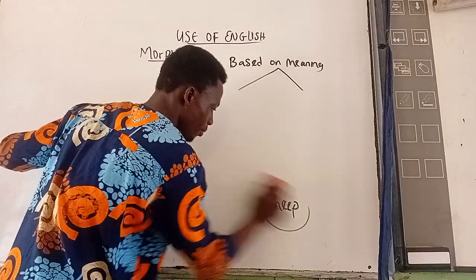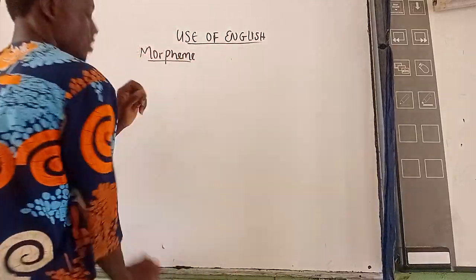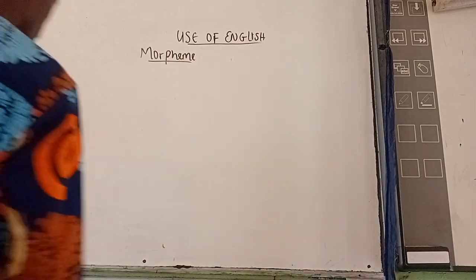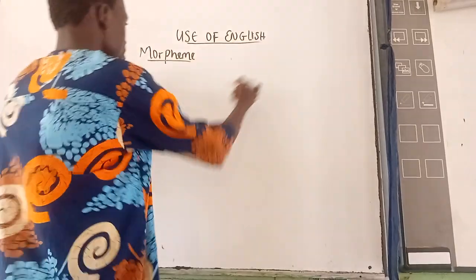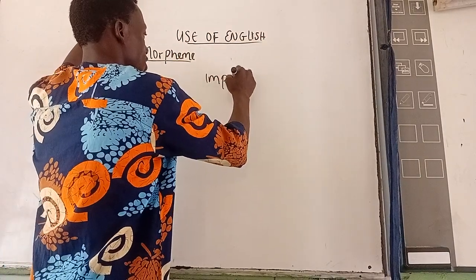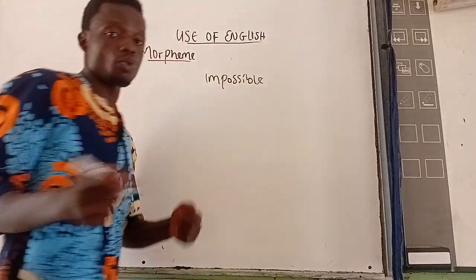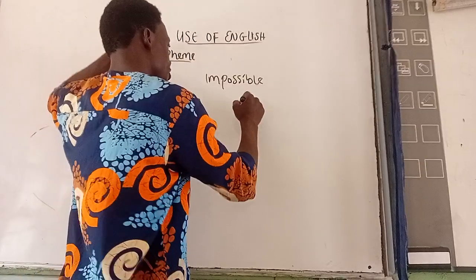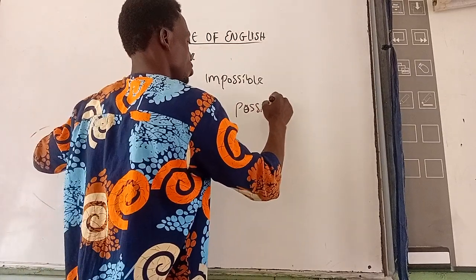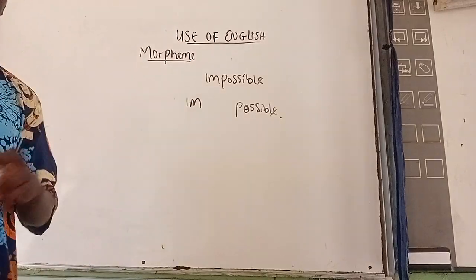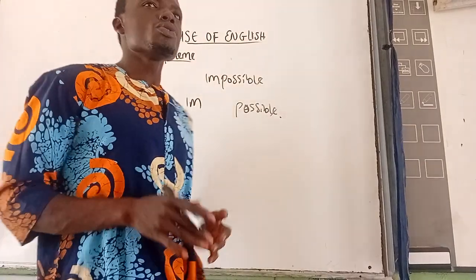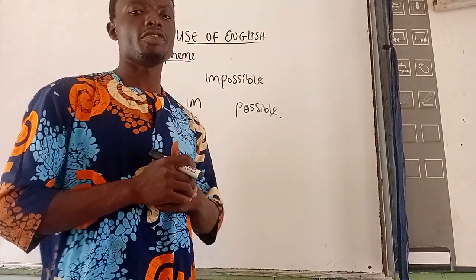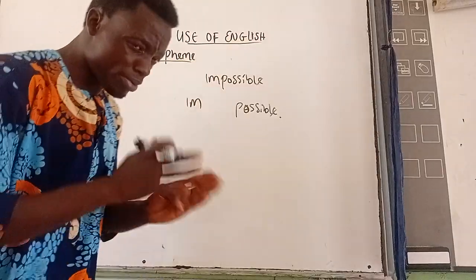Now, another thing we also need to know is, when we are talking of words like, let's take for instance, how many morphemes do we have in this word? Impossible. We have two morphemes, right? One bound morpheme, which is in, and a free morpheme, which is what? Possible. Now, what I want you to know is that for you to say a word has more than one morpheme, maybe two or three morphemes, then it means when you break them down,